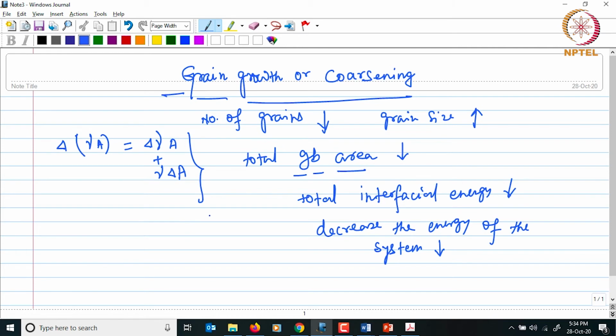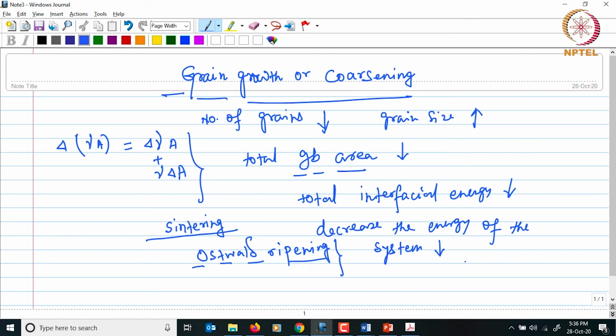So as I said, grain growth occurs concomitantly with densification during sintering, and it might also involve a mechanism of growth such as Ostwald ripening, in which the larger grains will grow at the expense of the smaller ones, and as a result of that, the total interfacial area will decrease, leading to a decrease in the interfacial energy, as I said before.